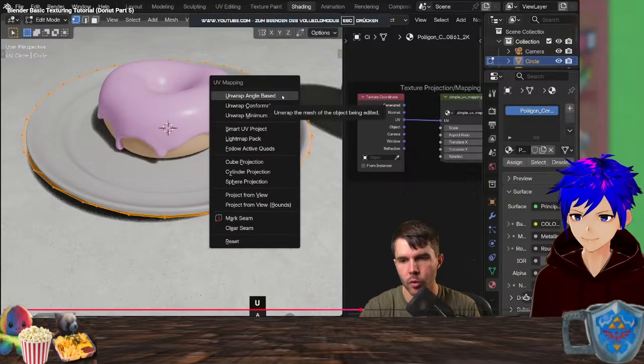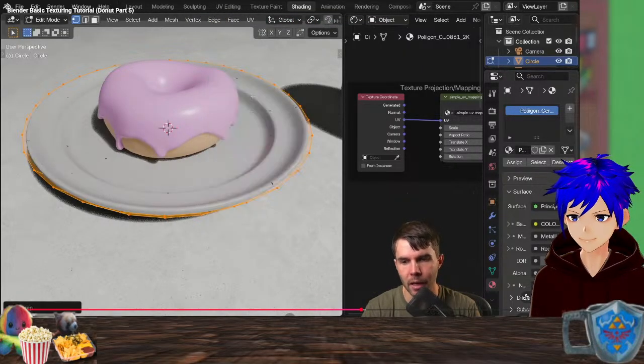Then hit U for unwrap, and then select unwrap angle based.